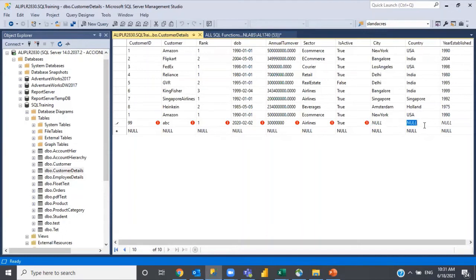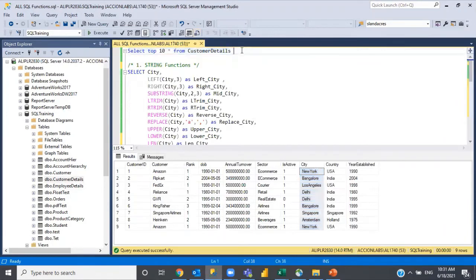I don't want to enter any data here. Currently I'm trying to put. So let's go back and see the data now. Now you see, even though there is no data here, in SQL Server it will be marked as a null value. Okay, null means nothing.